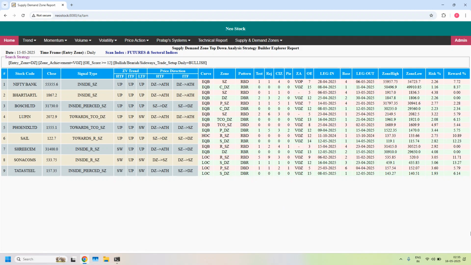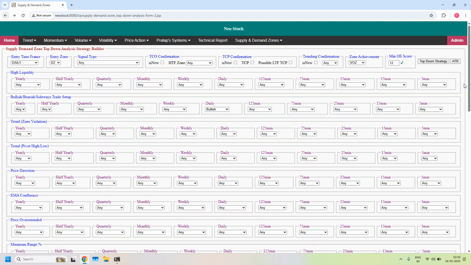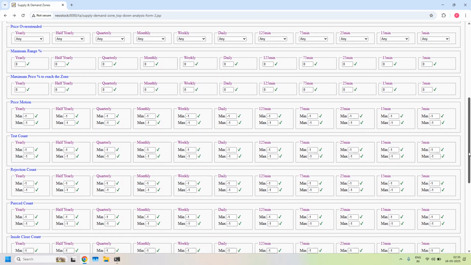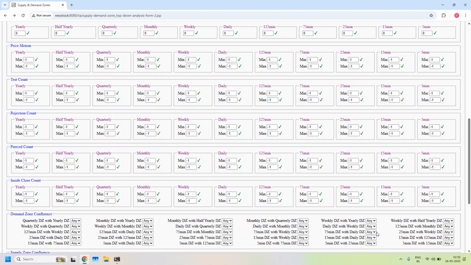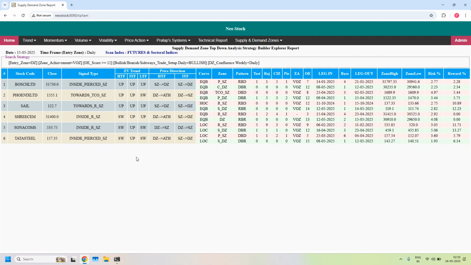So in this line we can further filter based on the high probability trade setup. So the first filter, LTF and ITF demand zone confluence. That is a daily and a weekly demand zone confluence. By setting the filter, now the list has come down to 6 from 9. So in these 6 stocks, these daily demand zones are overlapped with weekly demand zones, and also weekly trend is